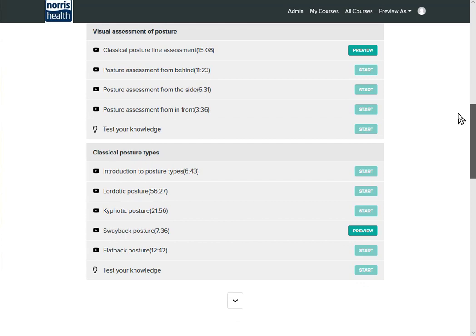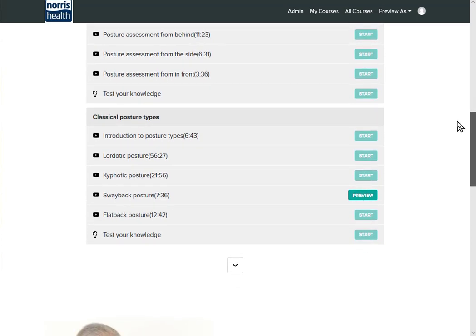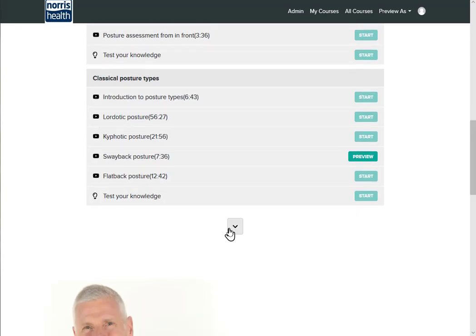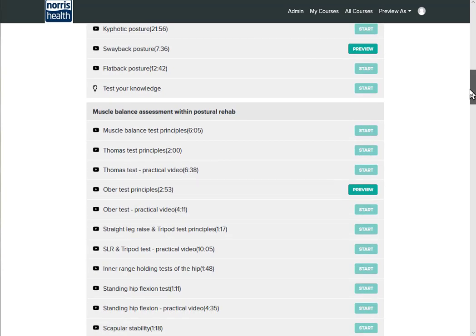And then we go on to classic posture types themselves, and again we've got evaluations of that and the theory behind that, and that ranges from 6 or 7 minutes up to an hour. And as we go through, we're then on to muscle balance assessment tests, and these could be suitable for a number of individuals. So the course itself is designed for therapists, so sport therapists, massage therapists, physios, osteos, chiros, but